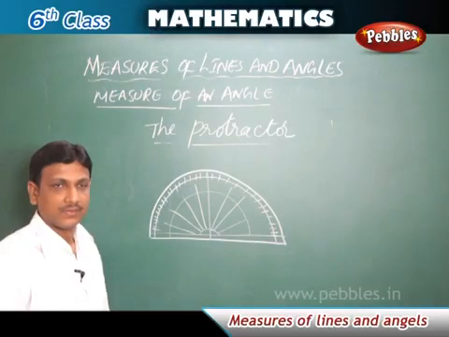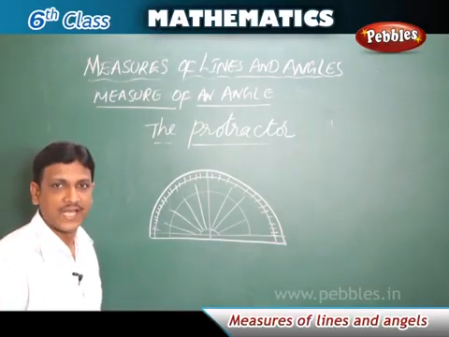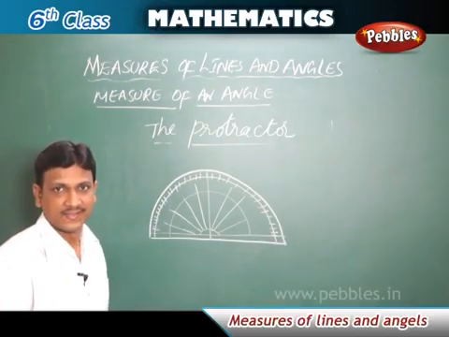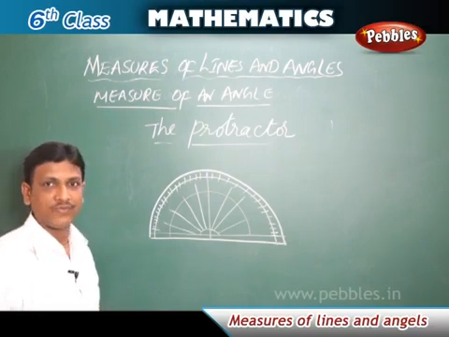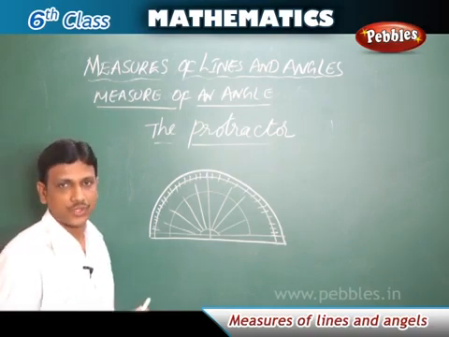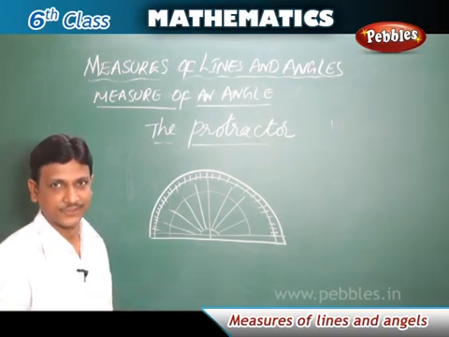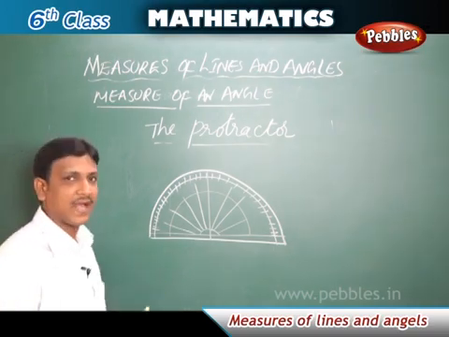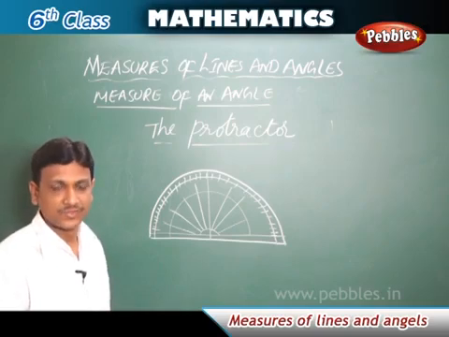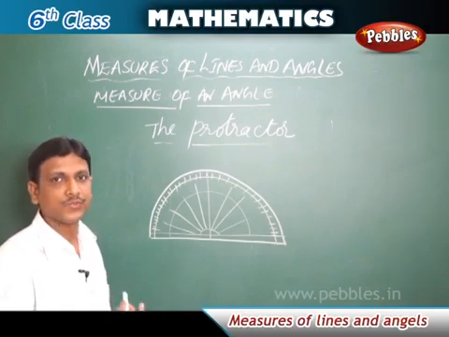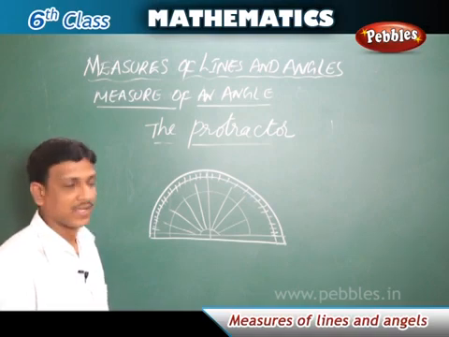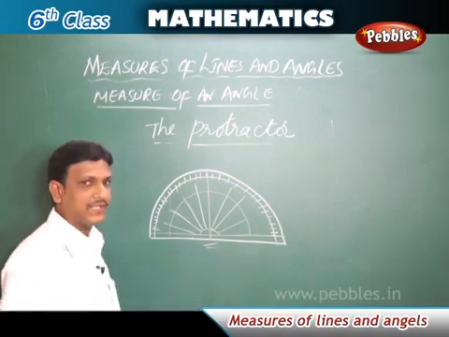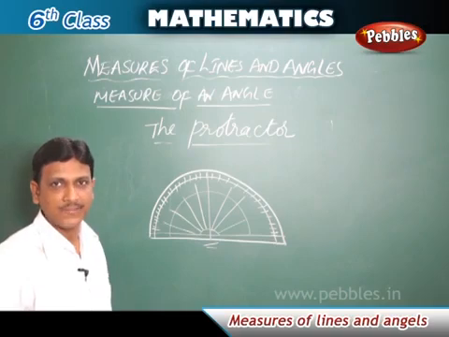The protractor. A protractor is an instrument which helps to measure angles exactly. That means with the help of a protractor, we will be able to draw an angle of desired measure. In the previous example, we have seen the boy and his hand. There we found some angles based on the position. We just got the name of the angle, but we don't know the exact measure of that angle. Now, using this geometrical instrument, the protractor, we will be able to measure the angles accurately.